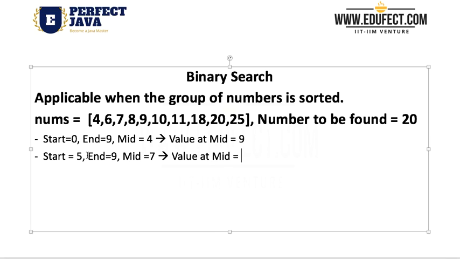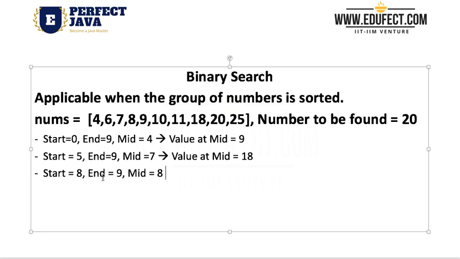Value at mid will be 0, 1, 2, 3, 4, 5, 6, 7. It is 18. Now what is 18? Is 18 more than 20 or less than 20? It is less than 20. So now our start will become equal to mid plus 1, which is 8. End will be equal to 9, and mid will be 8 plus 9, which is 17, by 2, which is